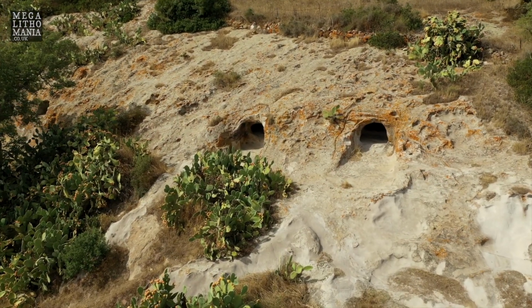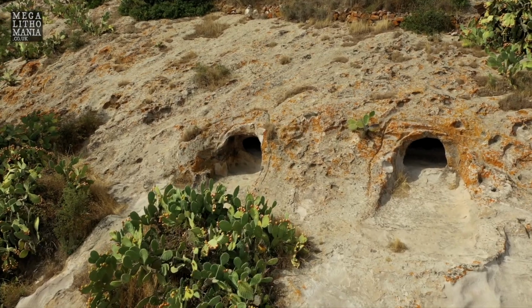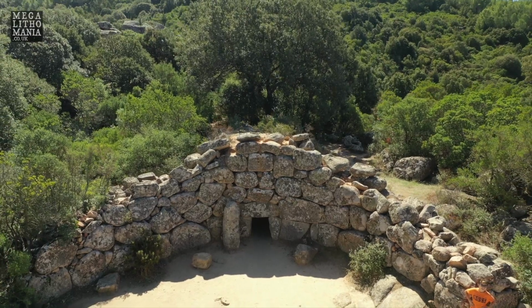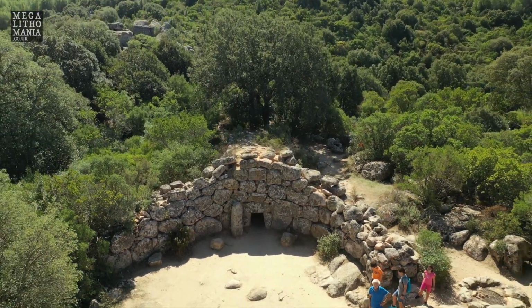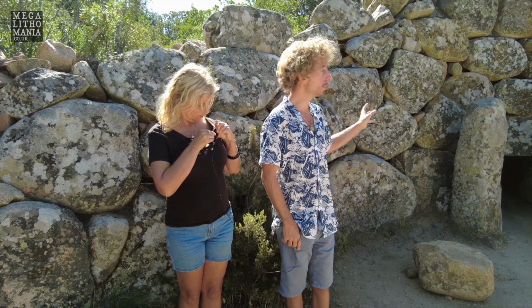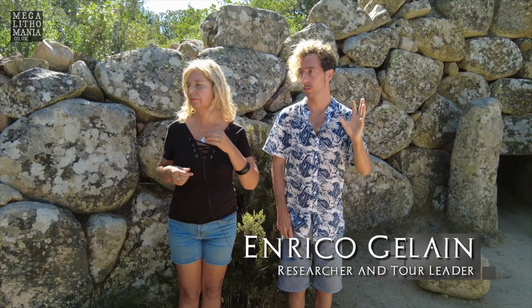Meaning eternity. So we know that pre-Nuragic people, because that cave dates back to 3500 BC, believed that souls would originate from that constellation and would go back to that constellation after death. They didn't believe, of course, that death was the end of everything, but they believed that we survive death and we would go towards a different dimension, being alive but in a different way. That is why the giant's grave is aligned to the exact north, because the Big Dipper constellation is always looking north, and that means